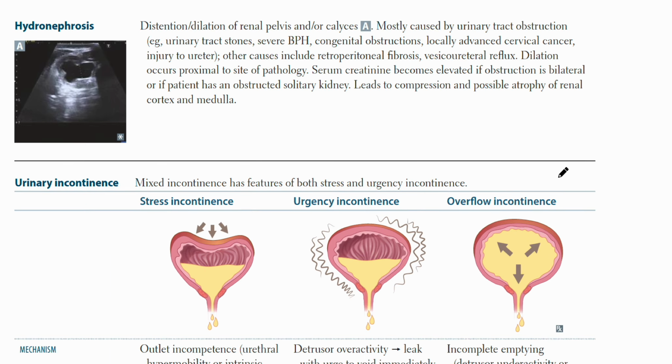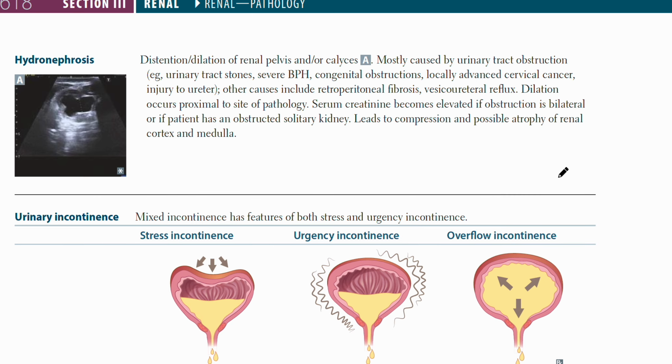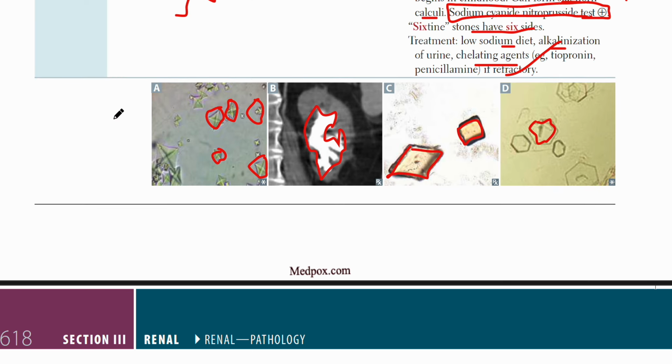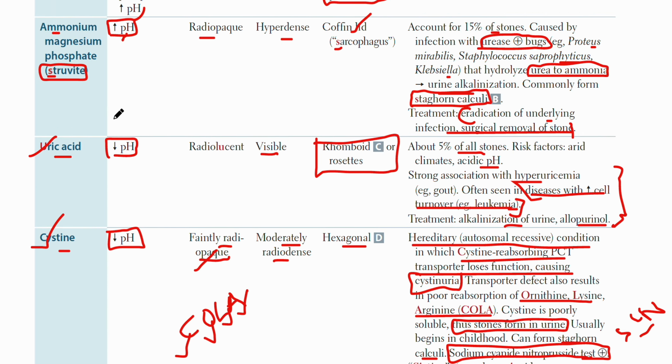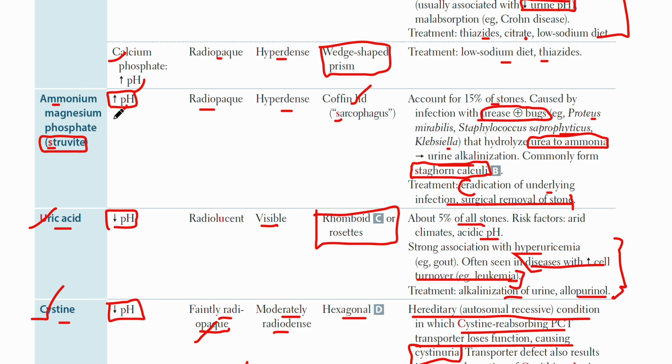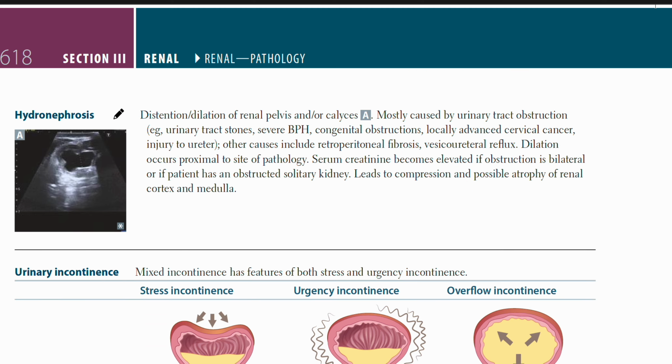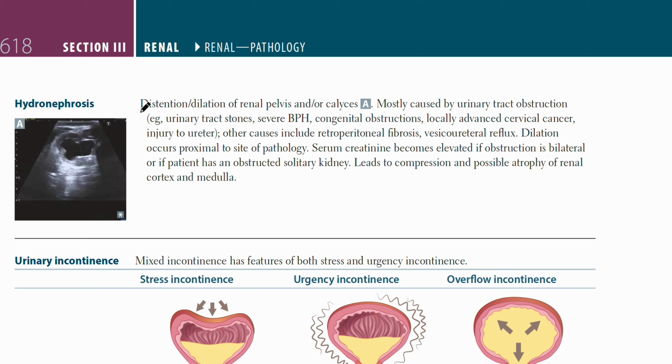Let's talk about hydronephrosis. So what is hydronephrosis actually? These stones are causing obstruction in the renal outflow, so the urine is not getting out of the kidney because of obstruction. That will cause distensional dilation of the renal pelvis or calyces. You can see here, this is the dilatation. The renal pelvis or calyces are dilated because of the outflow obstruction,